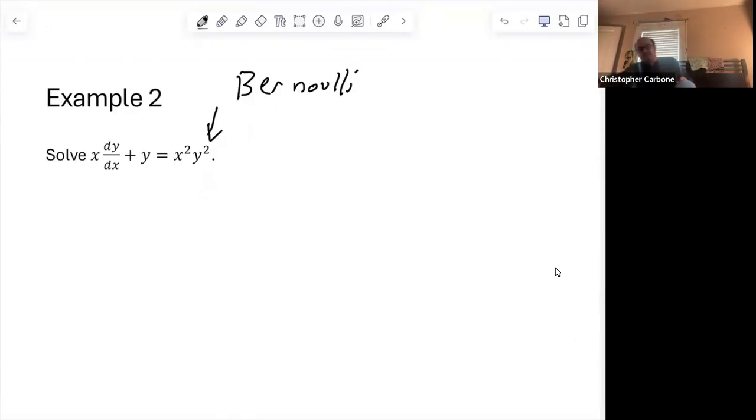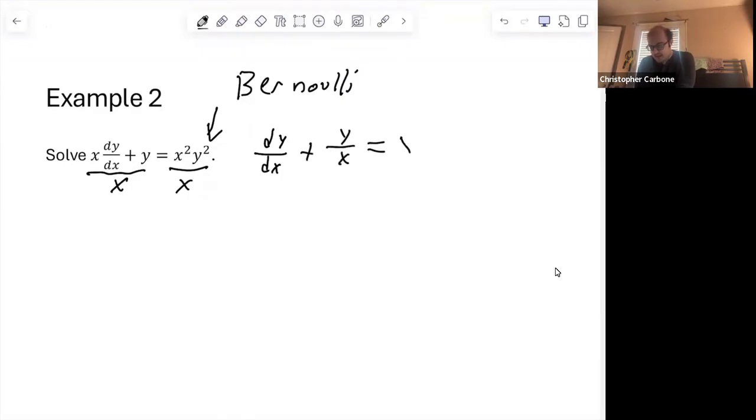So based on this example, x times dy over dx plus y is equal to x squared times y squared. We're going to divide by x. And this is going to give us dy over dx plus y over x is equal to x times y squared. So from the last equation you had on that last slide for the substitution, n in this case is going to be 2. Why 2? It's because of this being a 2. So the substitution we're going to use here is let u be equal to y